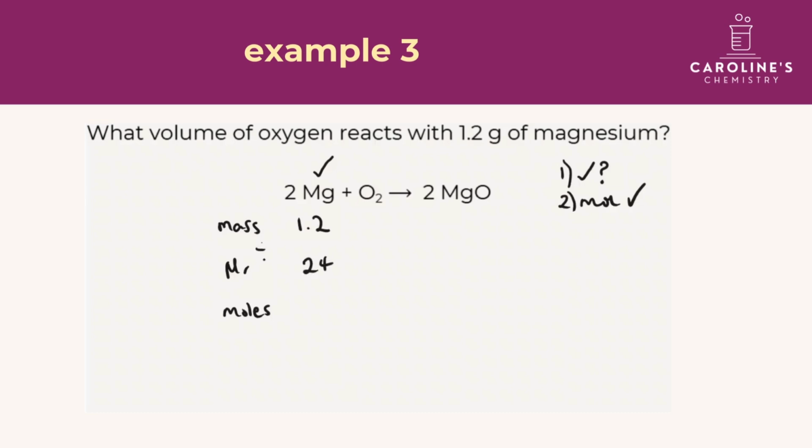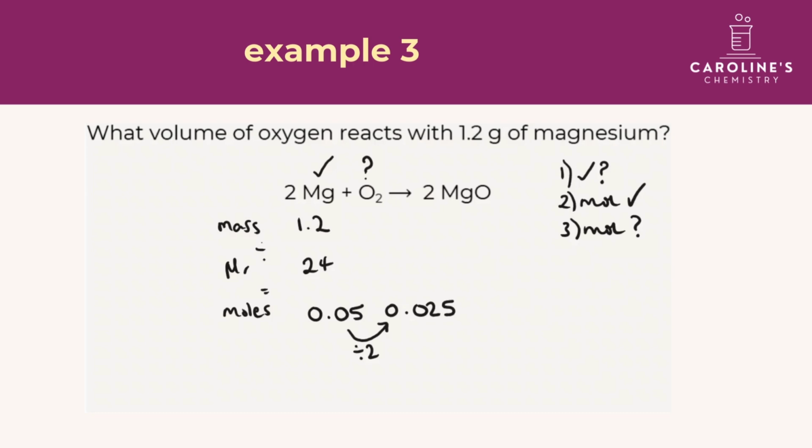To work out the moles, we do mass divided by the MR is equal to the moles, and that therefore gets us to 0.05. Now we need to work out the moles of the question mark. So the question is asking us what volume of oxygen reacts. So oxygen is our question mark. In order to switch columns, we're going to use the big numbers in the equation. So the magnesium has a 2, the oxygen has no number, so it is a 1. So it's a 2-to-1 ratio. So we take this number and divide it by 2. And that gets us to